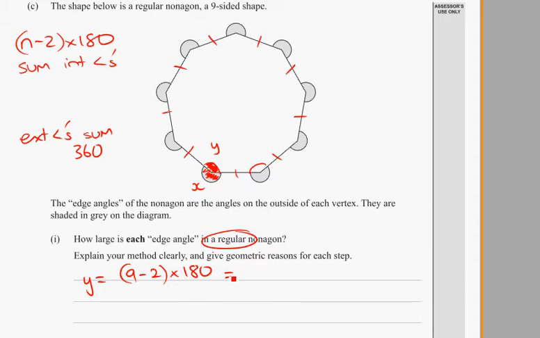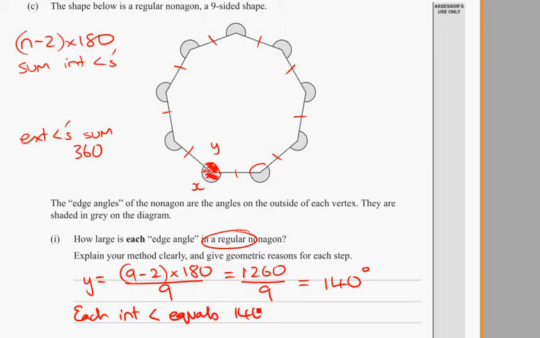So working that out, 1260. And then of course we'd have to divide by 9 because there are 9 interior angles in there, and they're all the same. So dividing that by 9, we get 140. So each interior angle equals 140